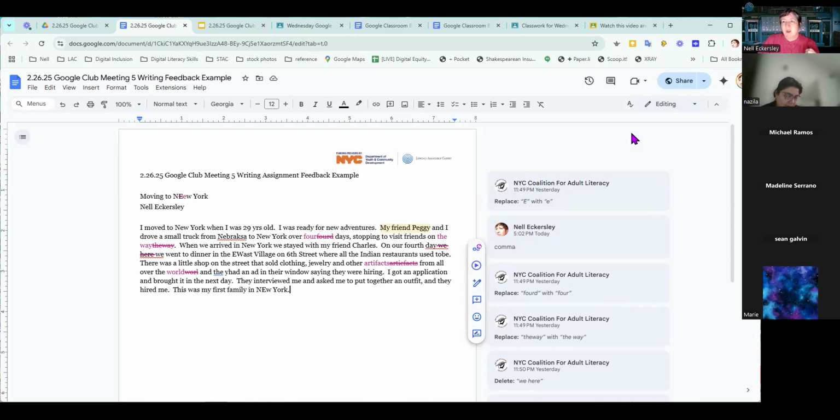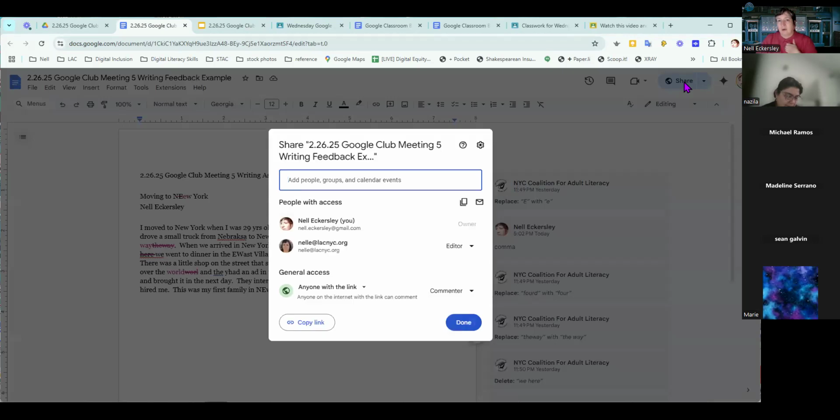suggestion. So again, as I mentioned, when we're sharing a document and when your learners share documents with you, down here we have anyone with a link can be a commenter. The options are viewer, commenter, or editor. So when learners are sending you their homework, or if they're sending something to each other to have someone else review it,